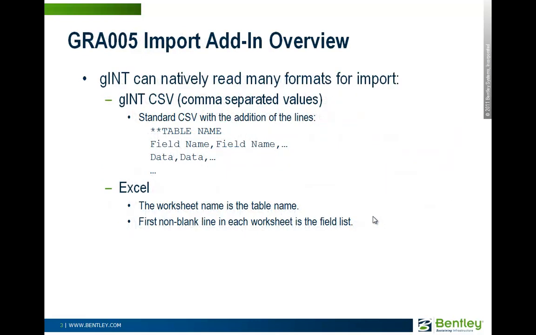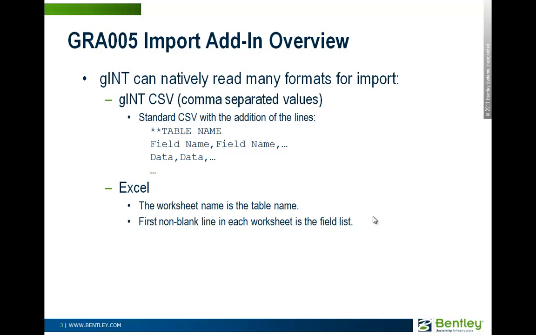Let's go to an overview. GIMP can natively read a number of formats for import. Two most common are GIMP CSV. We follow the same rules as the Excel CSV format, which CSV is comma separated values. And CSV basically describes the way the data fields and records are formatted, and we do follow the same rules